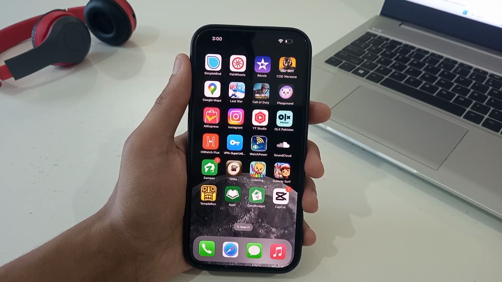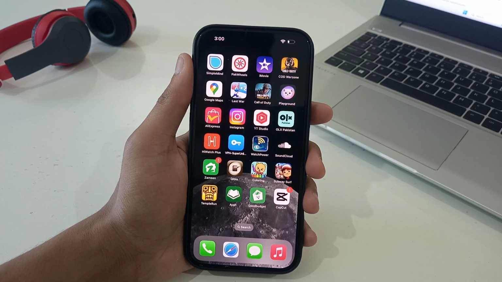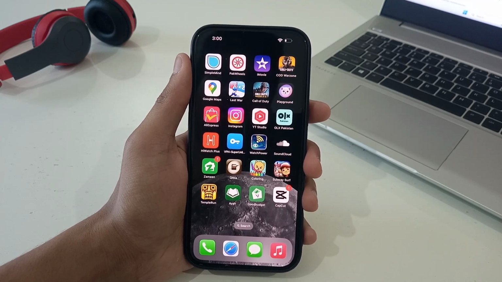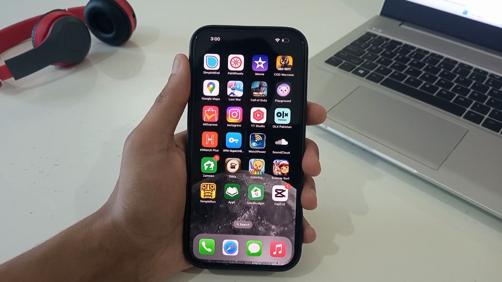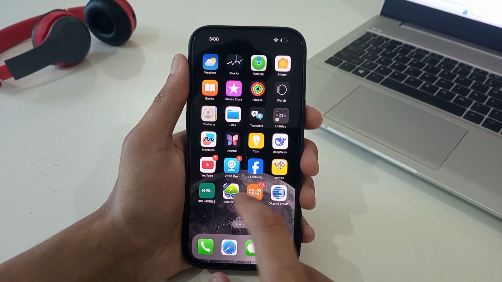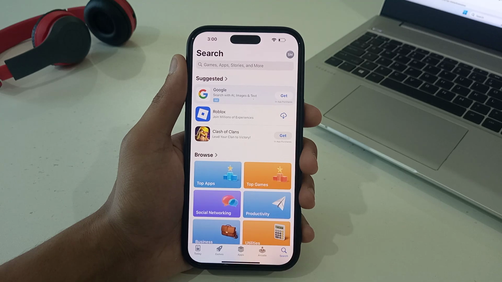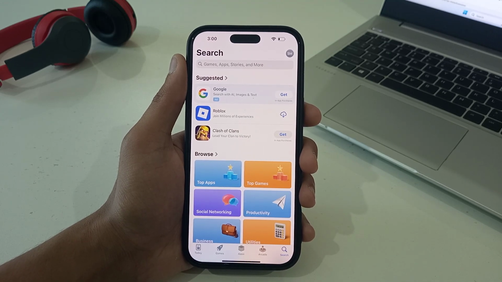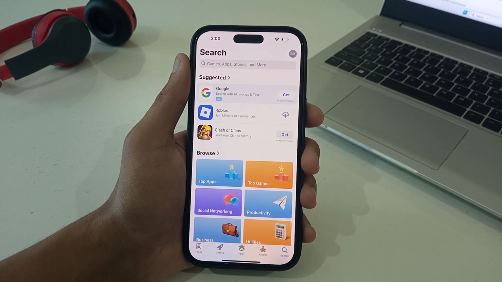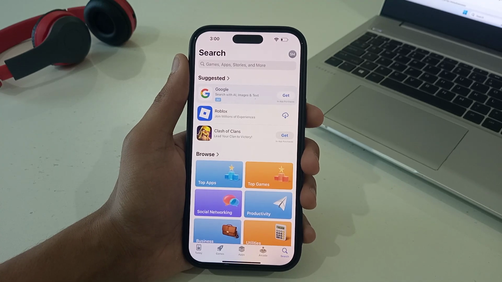And today what we are going to discuss is how you can make ChatGPT your iPhone's default search engine through Safari. What you need to do is just go to your App Store, and after going to your App Store you need to download the ChatGPT first. If you have already downloaded it, you don't need to re-download it, but I'm telling you, for those who haven't downloaded